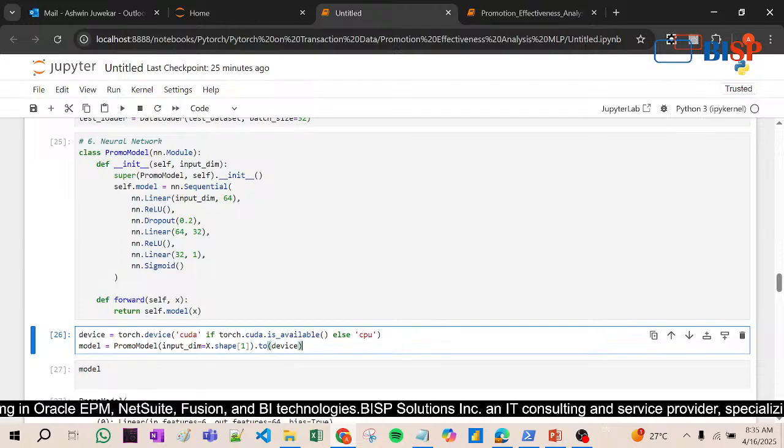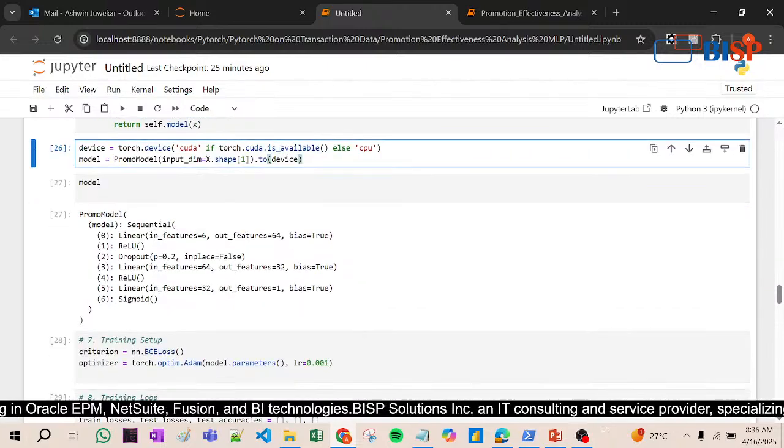and after that you have to make changes in your coding, that is device equal to torch.device CUDA if torch.cuda.is_available else CPU. Okay, now you will see the device. If you are using a handheld device, then you have to convert to that device, otherwise if you are using a laptop or a desktop, then you don't need to use this function. Model equal to PromoModel input dim shape, right, .to(device). After that,